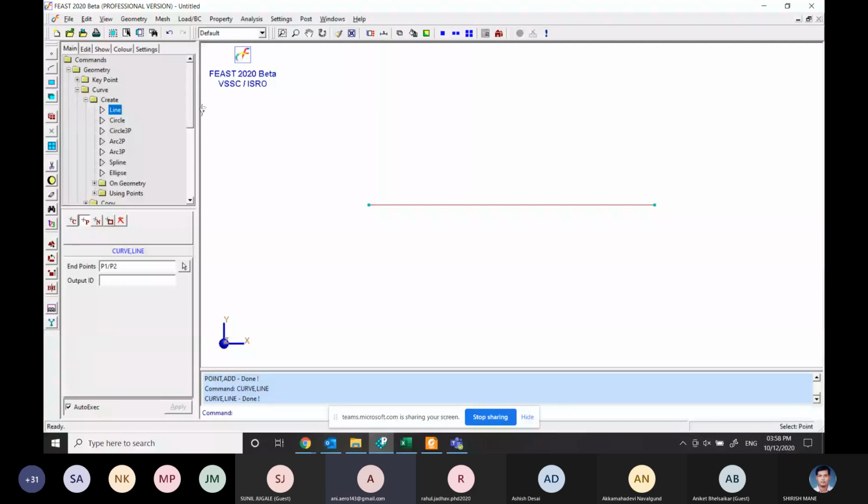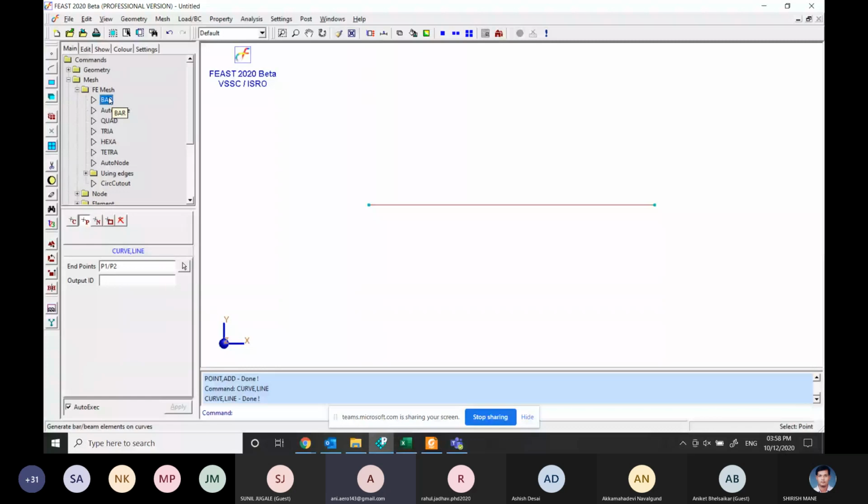Once the geometry is ready, we'll go to mesh, FE mesh. Since this is a cantilever beam, I'll go to the bar command. The name of the command is bar, but by default it is a beam element having 6 degrees of freedom per node.